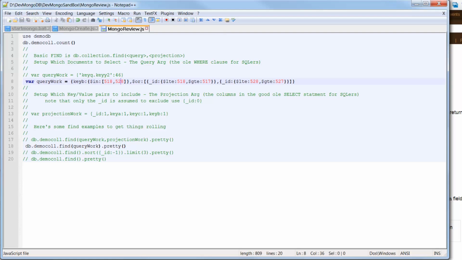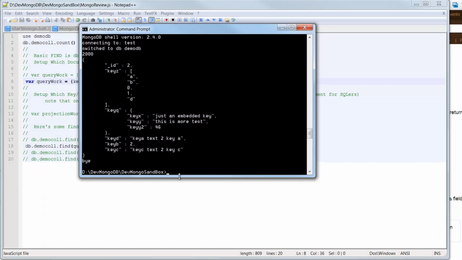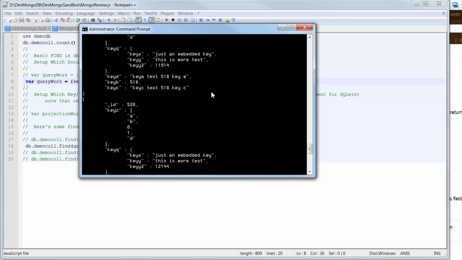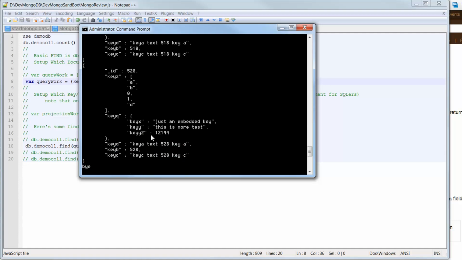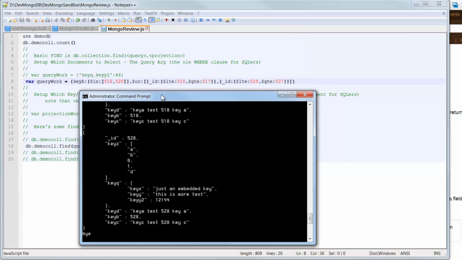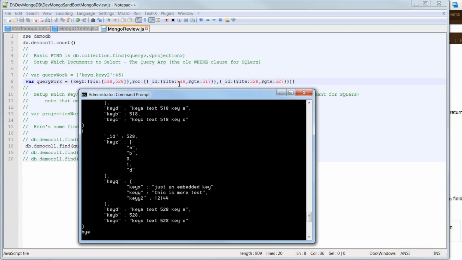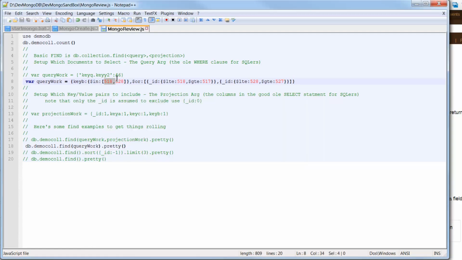So I'll save that. Let's run it. And there we go. What do we get here? We got 518 and 528, which is less than or equal to 518, greater than or equal to 517, less than or equal to 528, greater than or equal to 527, and it has to be in these guys, so it's ANDed together. So, just to show, let's change this to